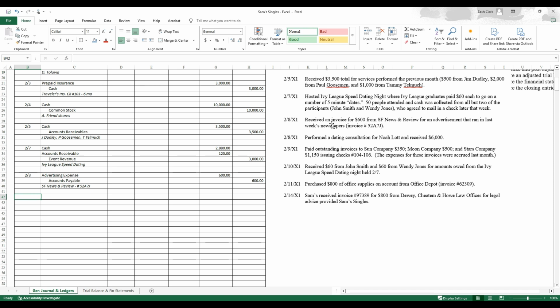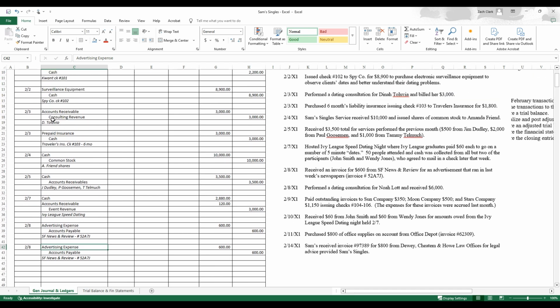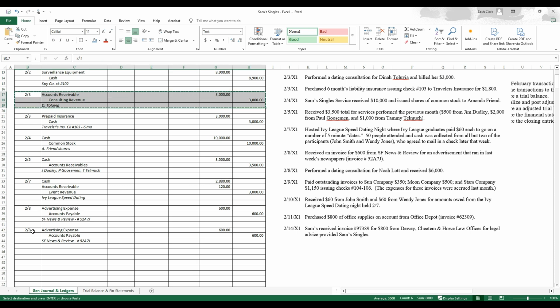Okay, so that was on the 8th. Oh, there's another one on the 8th, so we don't have to change our date there. That's nice. Performed a dating consultation for Noah Lot and received $6,000. So actually, I'm going to go steal this entry above because it's got more of the accounts are the same, so we've already got that all built in. And we've got,